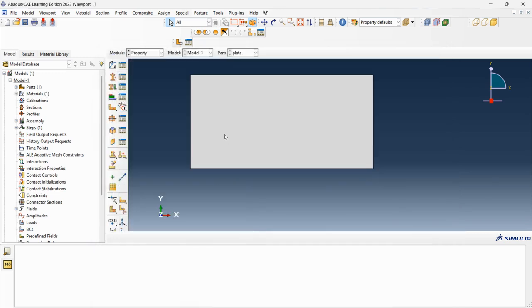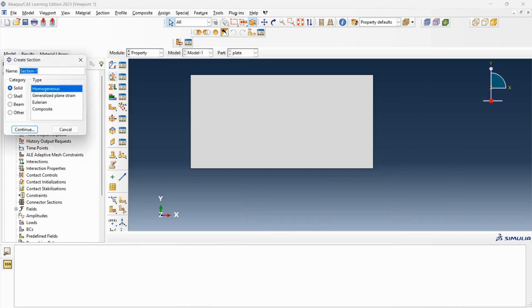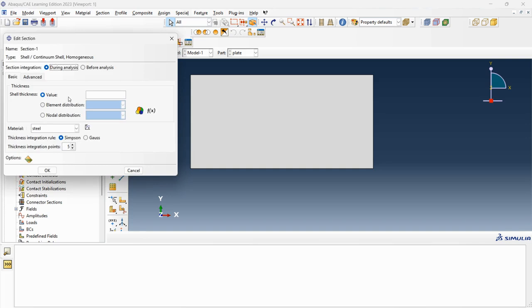Okay, what I will do is to create a section, which is a shell. Our section is a shell. So let's say section 1, let's leave this name, and then it's a homogeneous because it's isotropic, so homogeneous. So continue. What I would do right now is to put the thickness. So the thickness is